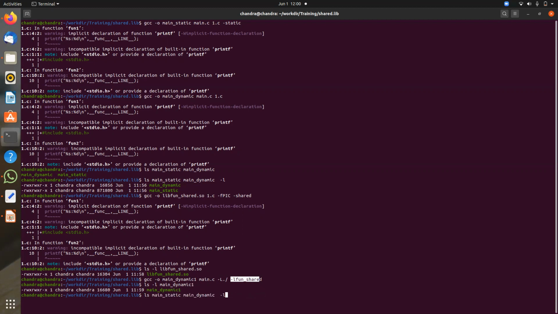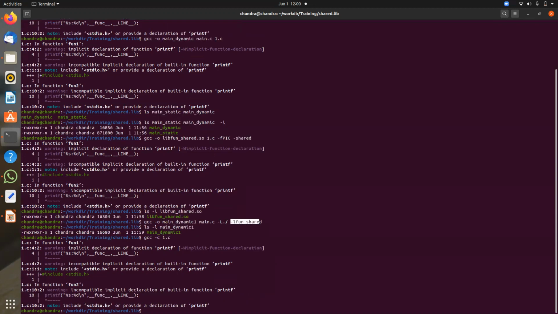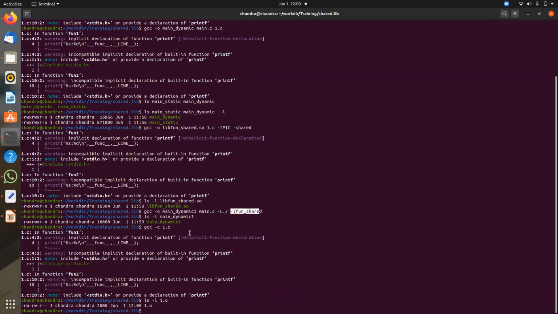Now let us create a static library. Sometimes static libraries are called static archives. gcc -c 1.c will create an object file called 1.o. Now we compiled 1.c and it created 1.o.